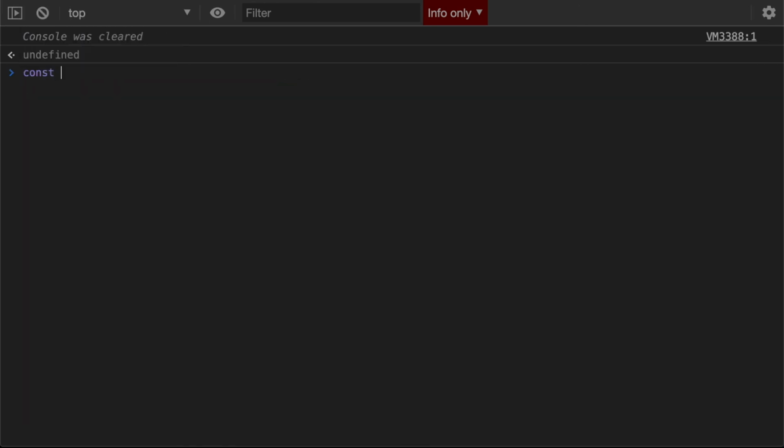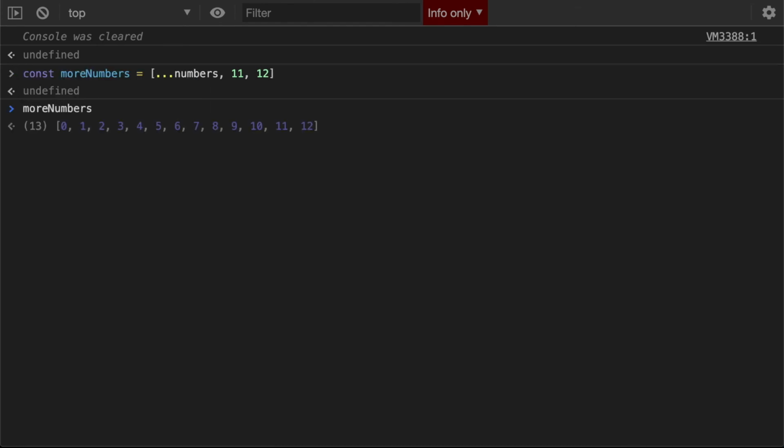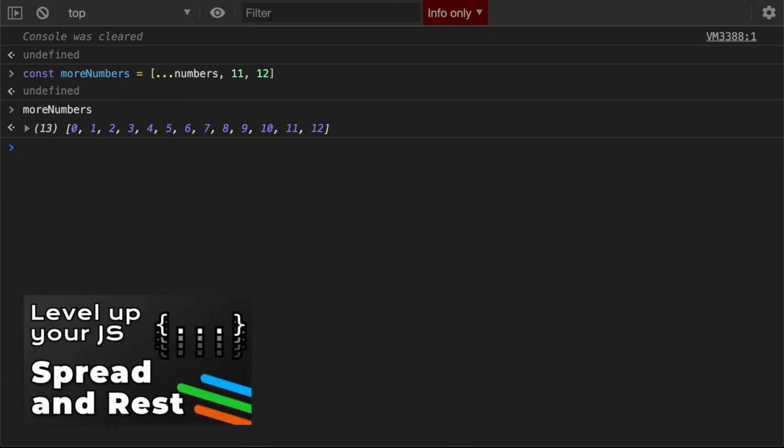An important thing to note is that because this is an iterable, we can use spread notation on it to spread it into other iterables or into function calls. So if I wanted to have an array called moreNumbers, I can use a triple dot notation and then append any more elements into that array. If you want a little bit more explanation about what spread syntax is and learn a little bit more about rest parameters, that was my last video, you can check that out.